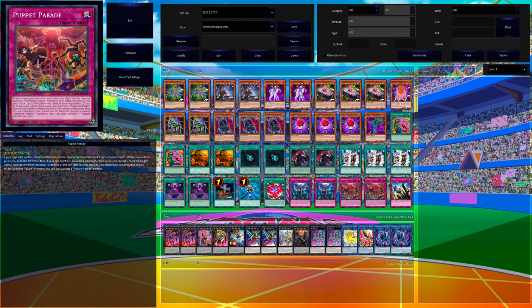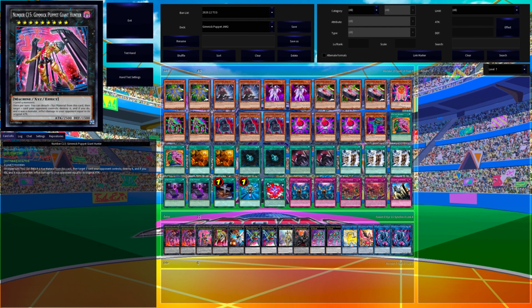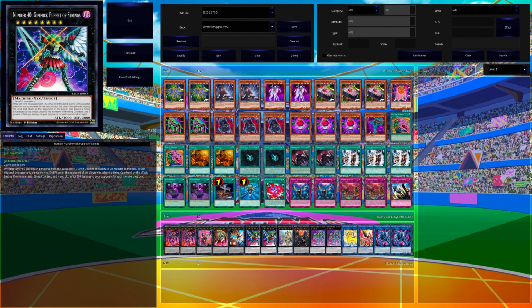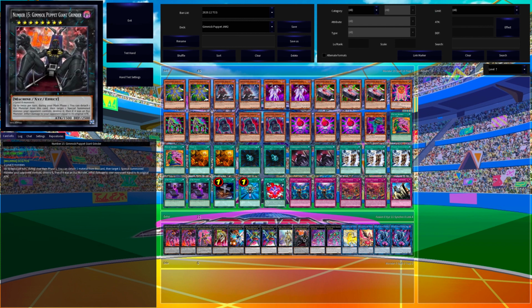For the extra deck, I run 2 copies of number C40, Giving Puppet a Dark Strings, 1 number C15, Giving Puppet Giant Hunter, number 88, Giving Puppet of Leo, number 38, Hope Harbinger Dragon Titanic Galaxy, 2 copies of number 40, Giving Puppet of Strings, 1 Dig Gear Sue, the Orchestra of the Evening Star, 1 copy of number 15, Giving Puppet Giant Grinder,